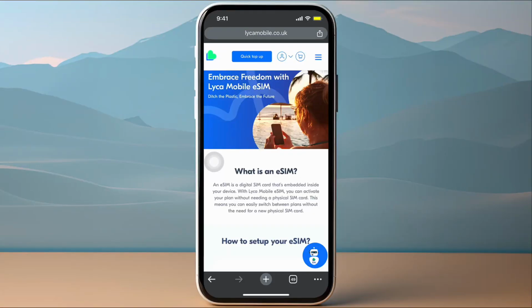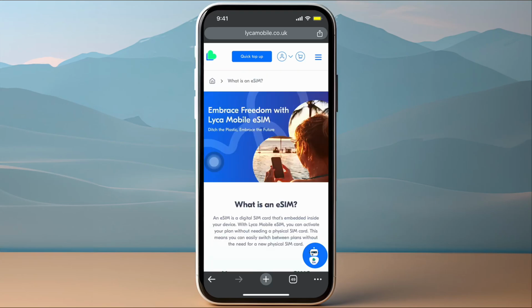What's up everyone, in this video I'll show you how to activate Lyca Mobile or add Lyca Mobile eSIM on your iPhone. First of all, you need to go to